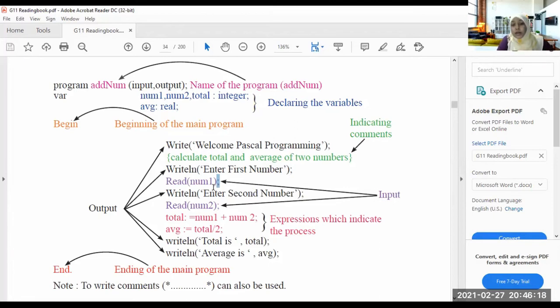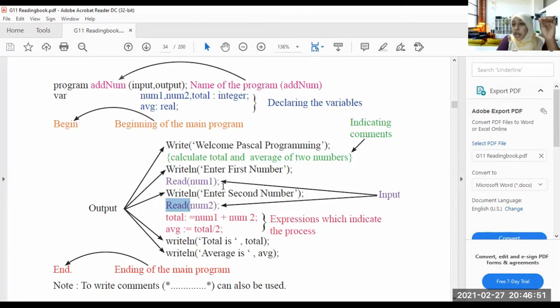Okay. Now the computer read my first number or number 1. Then I am telling, after the user enters the first number, the program should tell me, okay, now enter the second number. Now what I'm going to do, I'm going to enter the second number. So I am telling the program, now read the second number. So read within bracket num2, semicolon. So these are inputs. Read means inputs.